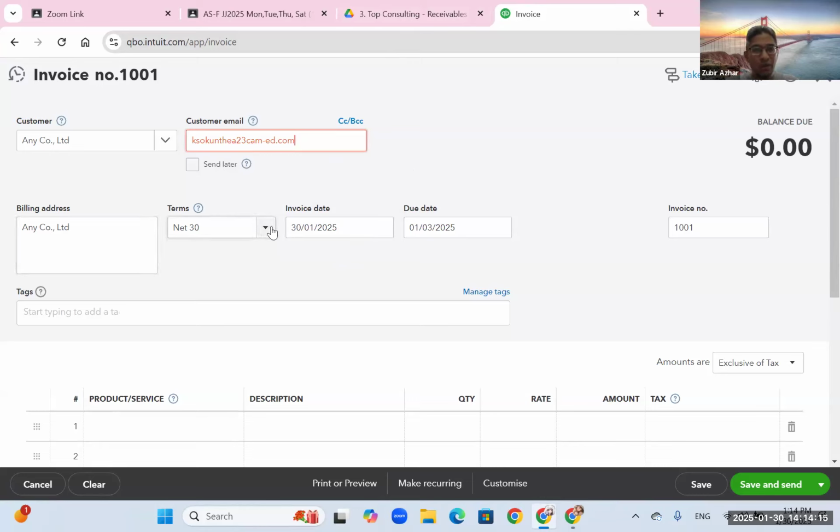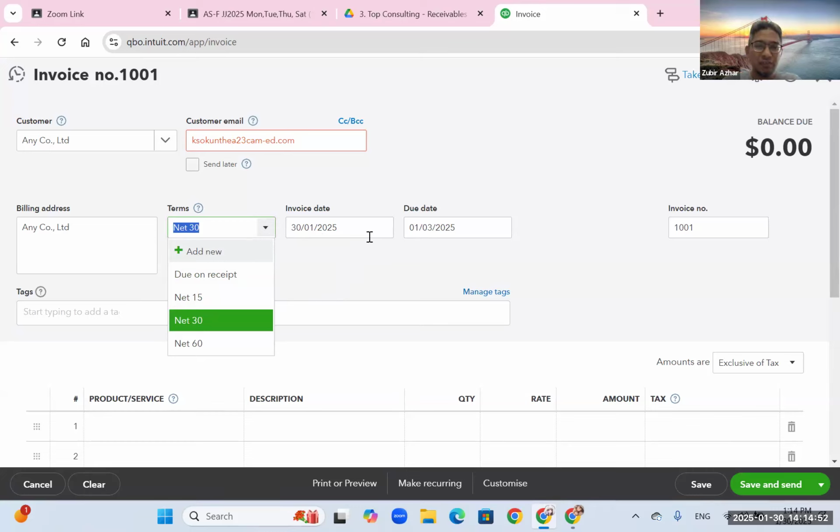How long do you allow your customer to be on credit? Meaning that how long do you allow the customer to make payment? Most of the companies, they will normally have 30 days. If you are not given any details, then it will be defaulted to you to net 30. So we just assume net 30. But if you are given 15 days or 60 days, then you need to check the real number of days that you're given as credit terms to your customer.